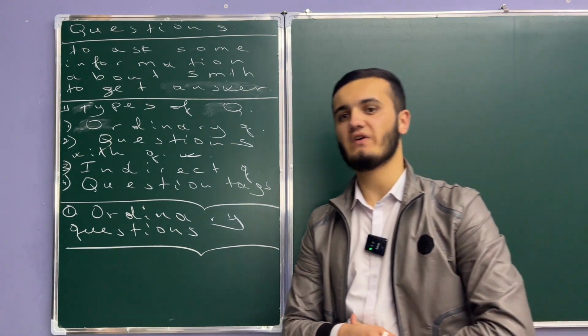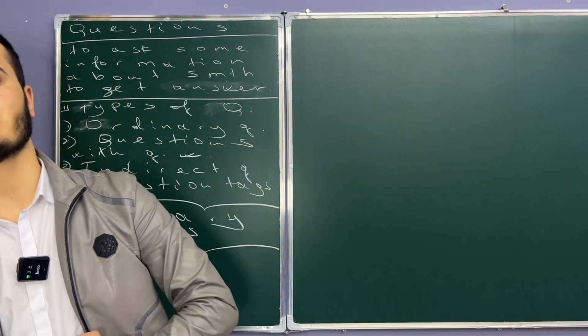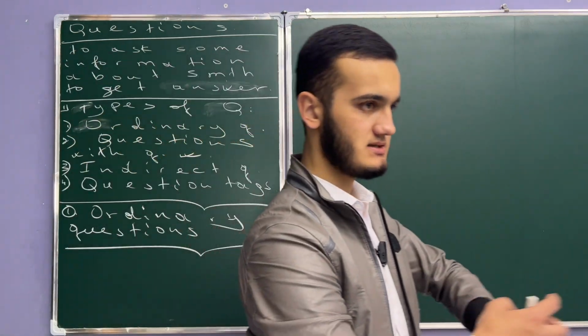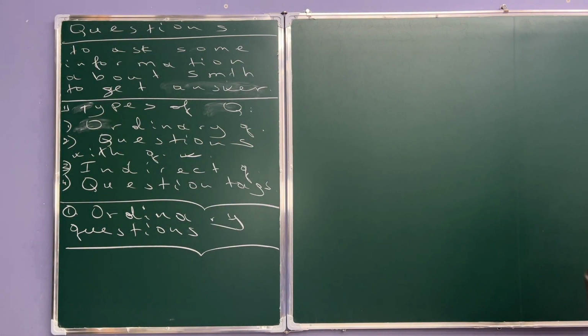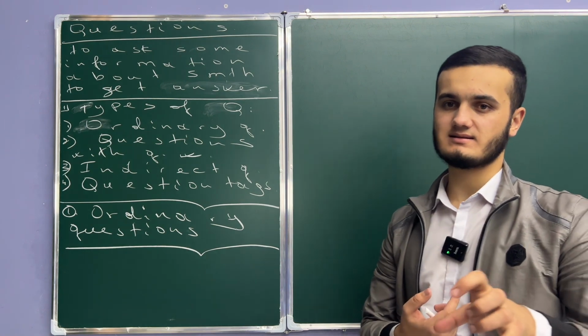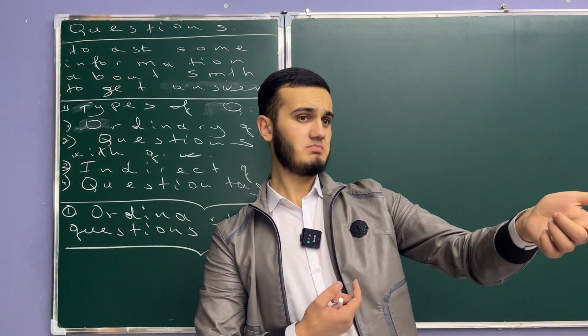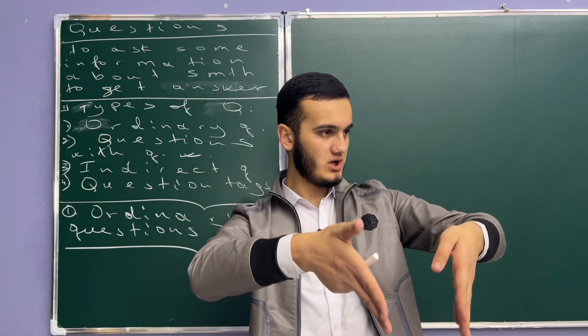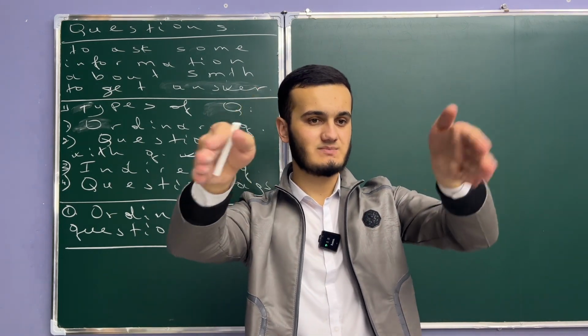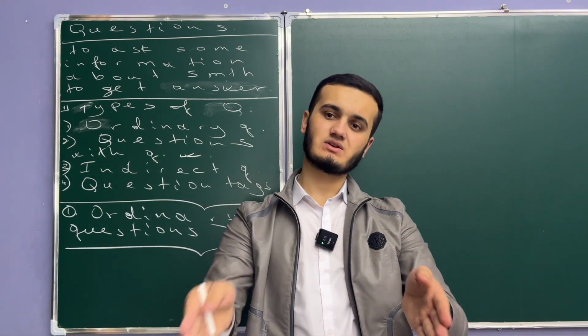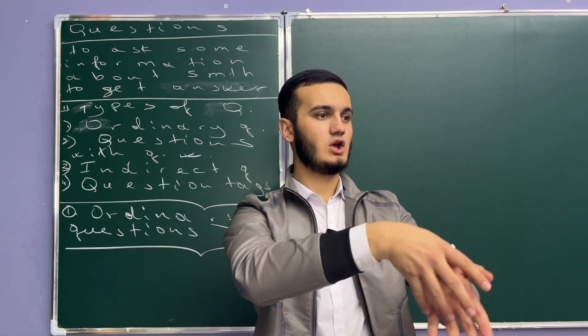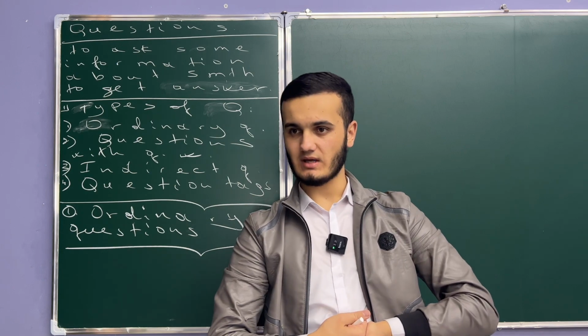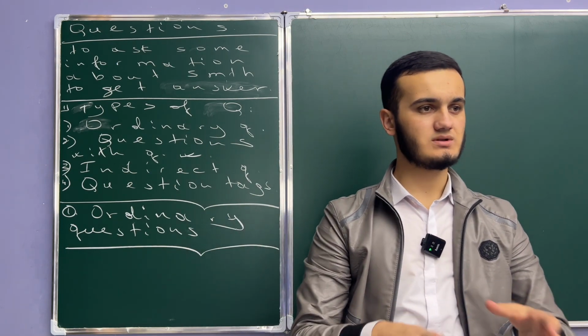For instance, if I say, people don't smoke in public places, this is a negative sentence, yeah? But if I ask a question, it should be like this: do people smoke in public places in your country? I put first of all do, this is the auxiliary verb, and then the subject and so on. So I changed the position of the auxiliary verb. You get it, right? This is the common rule, a simple rule.